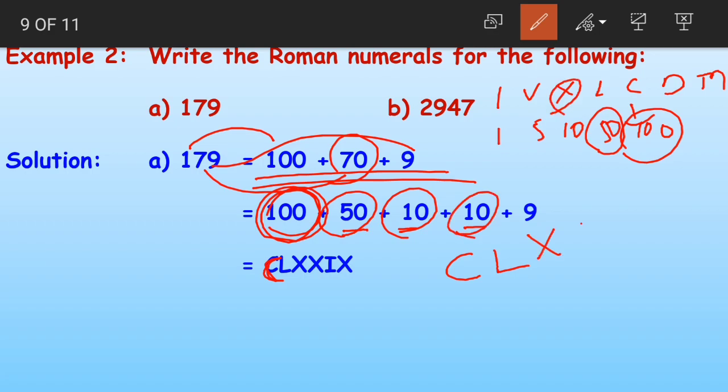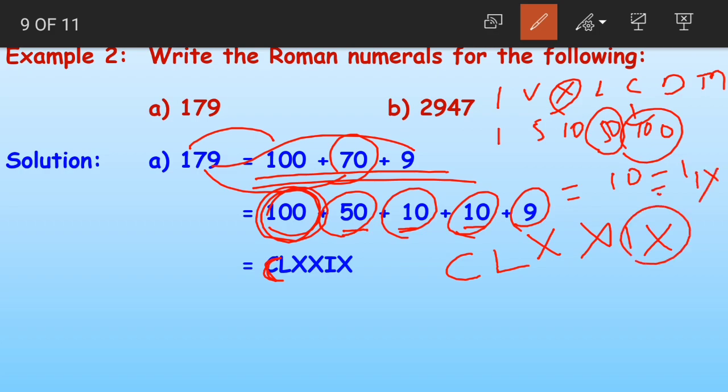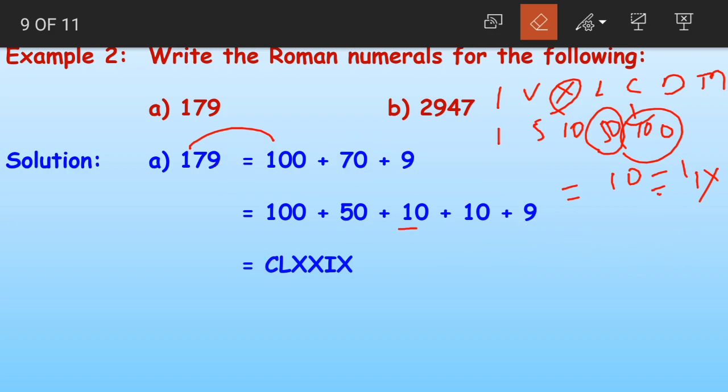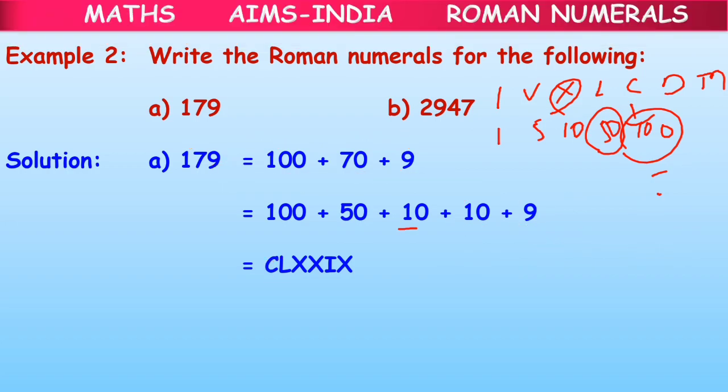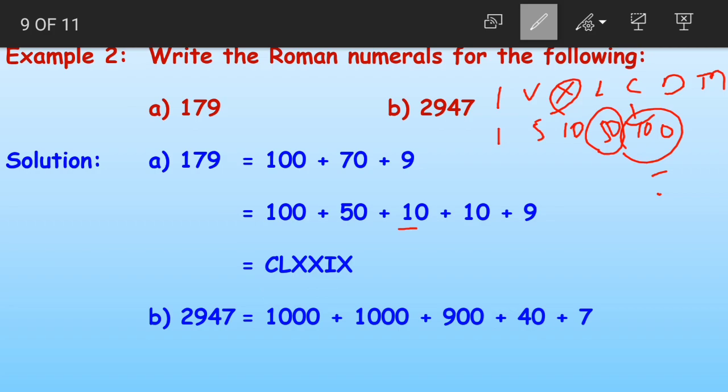So we write XX. And as we know, the symbol for 9 is IX. That is nothing but 10 minus 1, which is IX. That is equal to 9. Clear, children? So 179 is written in Roman symbols as CLXXIX. C is 100, L is 50, XX is 20, IX is 9. The next question,